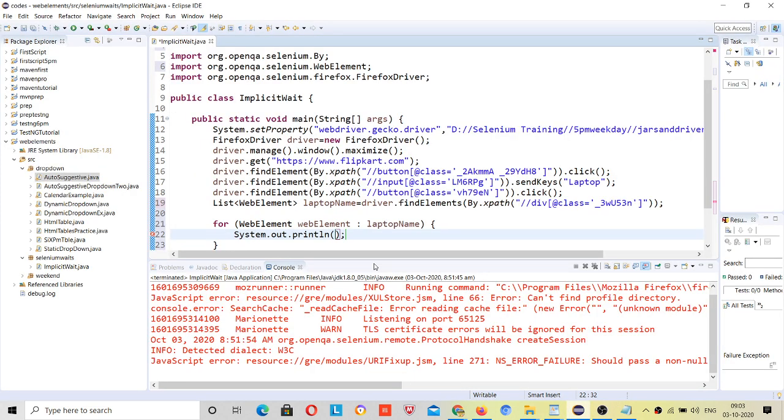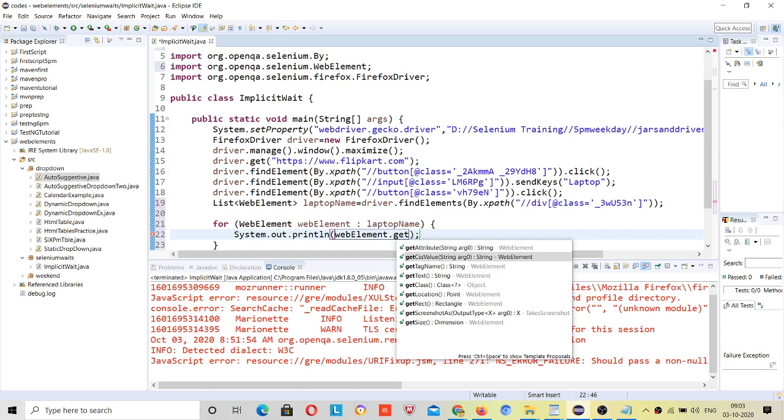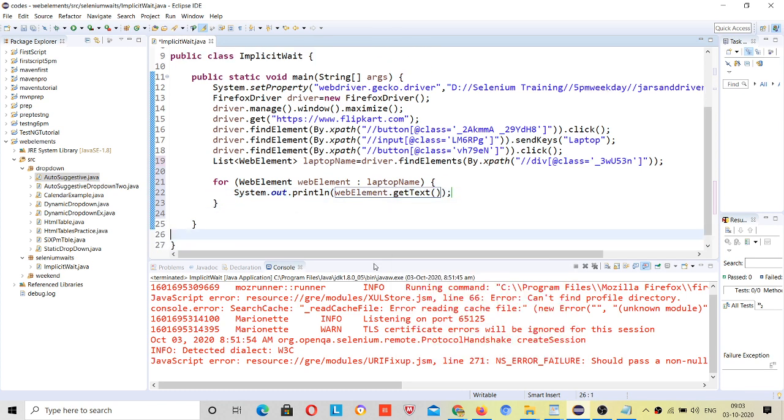This out, web element dot getText. Okay. So it should print all the results, right? But see what happens.